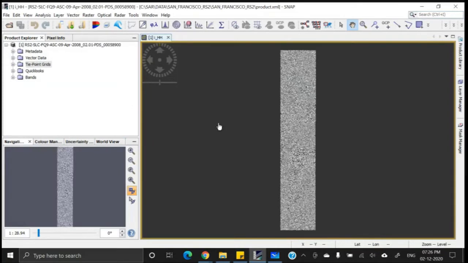In the Snap software, they say the first operation you should perform on a radar image is the orbit correction. What does orbit correction mean? Satellites are designed to follow a specific orbit, but generally they do not follow that orbit, because of several factors like lunisolar attractions.